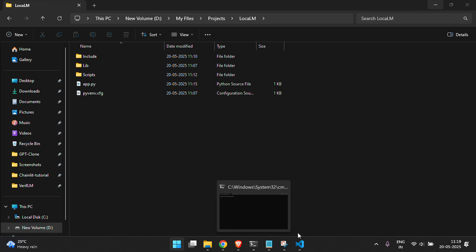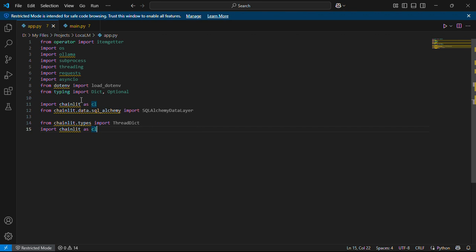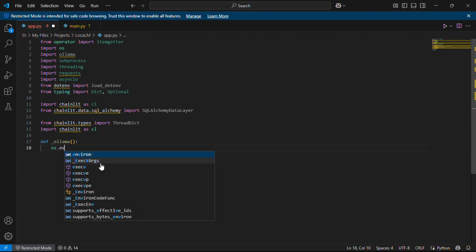Once we open it up, you will need to get all these libraries here, and once you import all these libraries, we're going to be creating our ollama calling function. This function will basically call our ollama